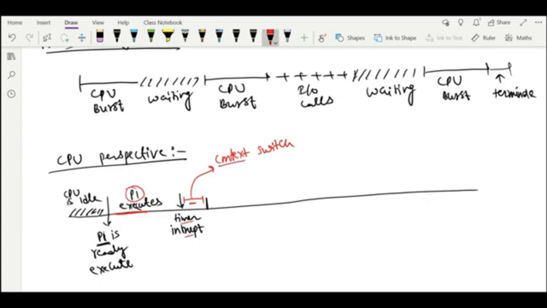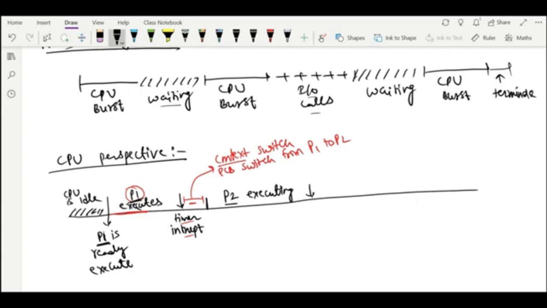So between this time, the PCB will switch from P1 to P2. We can write down PCB switch from the earlier process to the next process. And this time is called context switch. After this context switch, P2 will start executing. And maybe this P1 is going to sit inside the waiting queue because of the timer interrupt, or it may go to IO calls, or it may do something else. But since the CPU is free at that time, we can start executing the next process.